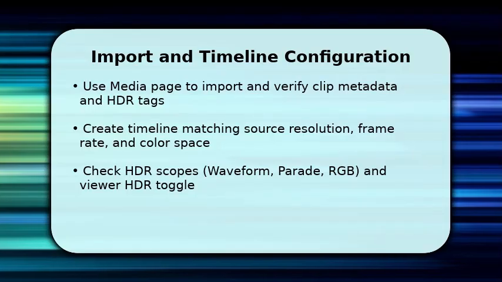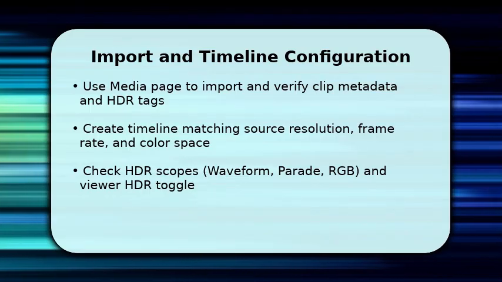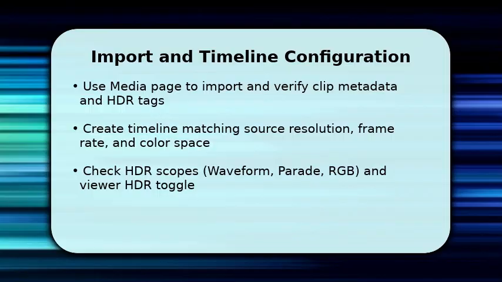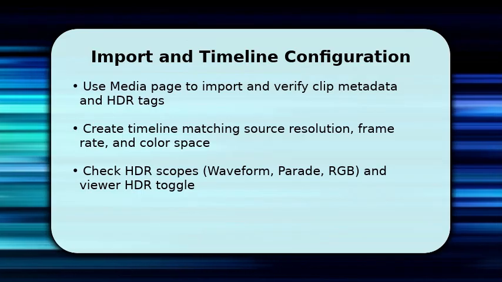Now import files on the media page and immediately inspect the clip metadata and HDR tags to confirm Resolve recognized PQ or HLG. Create a timeline that matches resolution, frame rate, and the color space you set previously so there's no automatic conversion. Move to the color page, enable the HDR viewer if available, and pull up HDR scopes like